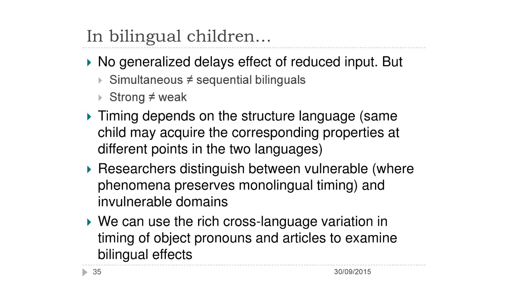And researchers want to ask if there are domains that are sort of immune to bilingualism. That was the big finding in the Paradis and Genesee study, that a dual language learner, a child that is from birth being supported in both languages, French-English bilingual children in a favorable bilingual environment in Canada, those kids are going to do roughly what the monolinguals are doing. But this is for the big core properties of grammar. So what about these clitics and these object pronouns and articles, which we see are so sensitive to timing?